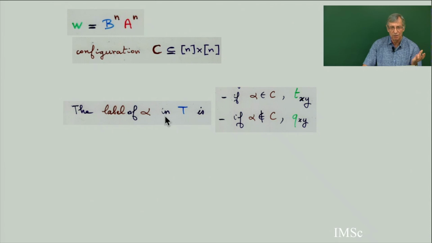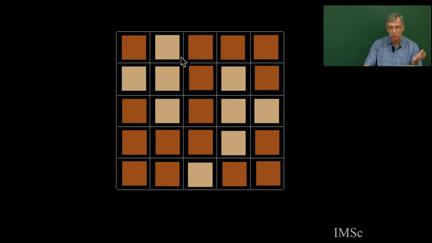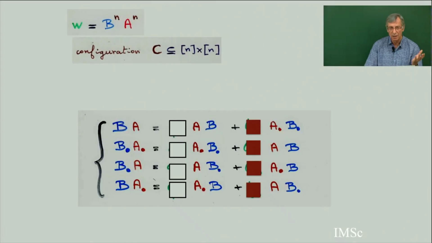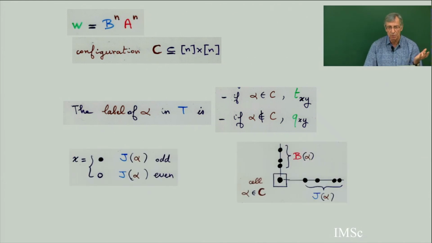Suppose you have a certain tableau, a certain configuration, like this one. Here I have two configurations, the one of the alternating sign matrices and the complement. So suppose you have a certain configuration C in general, and you are going from the trivial Beerbaum configuration, you will get a complete tableau. So how do you color the cells of the tableau?